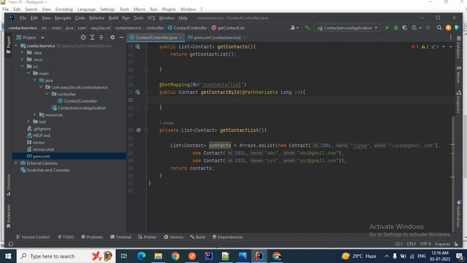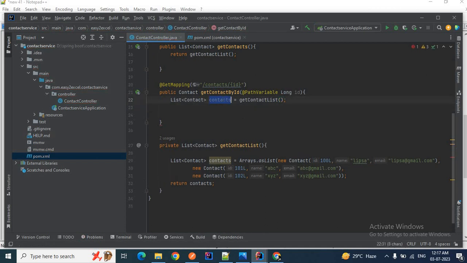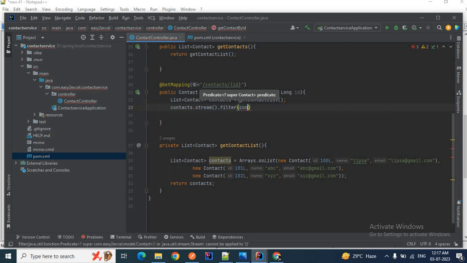Now the second method is contact by ID. Let me quickly do this one also. First I'll call this list of contacts, then I'll get a particular contact by ID. Clear? Contacts, let's say contacts equals getContactList. Then I'll simply stream these contacts, contacts.stream, dot filter.